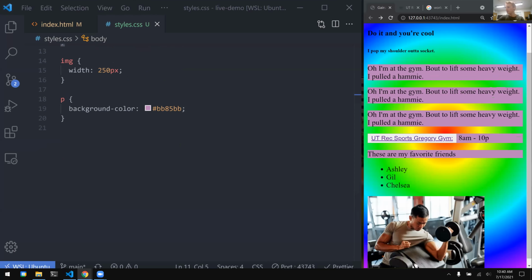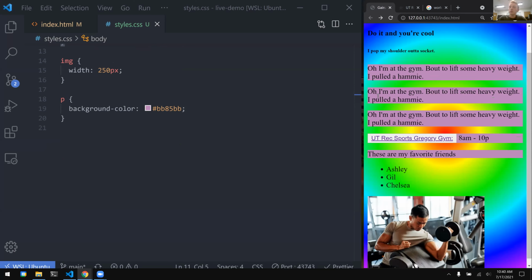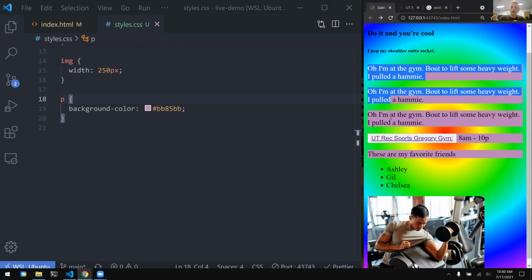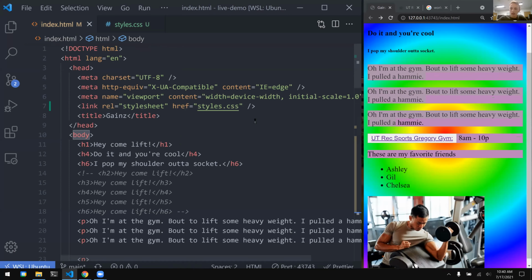Let's say here that you like how this is looking, but maybe you want this middle one to have a different background color. Okay. So something you can do is instead of styling all of your paragraphs in one color, you can specifically give styles to just one element. So if you go back here, it was the second paragraph that we want to add